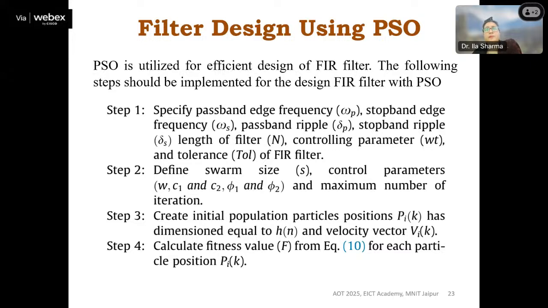Among those, whatever has the minimum error, like we have an error matrix of 10 rows, whichever row has the minimum value will be my g-best. That will be my minimum error cost function, and the corresponding coefficients will be my ideal or optimized coefficients. So that is written in these algorithm steps.